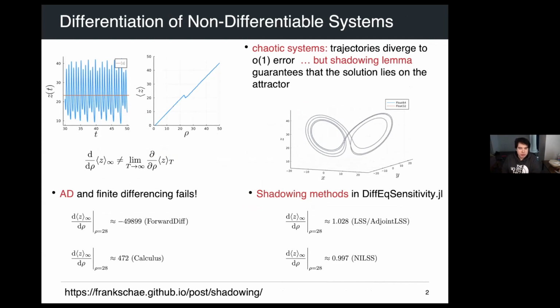what we can do with this differentiable programming stack is actually have these algorithms integrate with the numerical analysis community to be able to differentiate non-differentiable systems. Right. So here, for example, is a chaotic system. And chaotic dynamical systems show up all over the place, right? In weather models, astrophysics, all these areas. And if you actually try to differentiate these with automatic differentiation, you'll notice that you'll always diverge to infinity. That's actually a property of chaos.